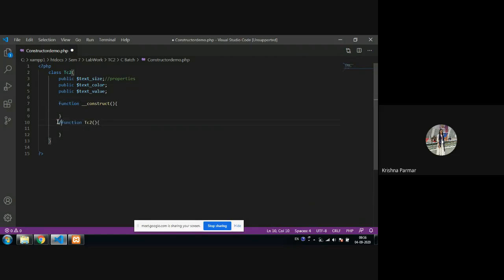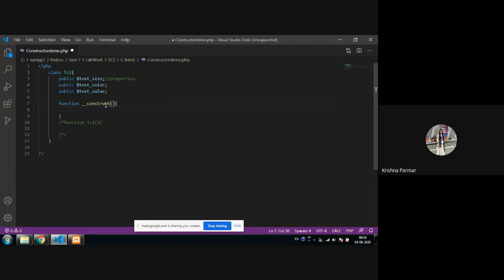I am using the first way. In another program we are also using the second way. So why are we creating the constructor? Constructor is always used to initialize the value. Whenever you create any object outside of your class in PHP, at that time you are passing some parameters. Those parameters are passed in the parenthesis of the constructor, and we assign values to the class properties. So for initialization purposes, we are creating the constructor.